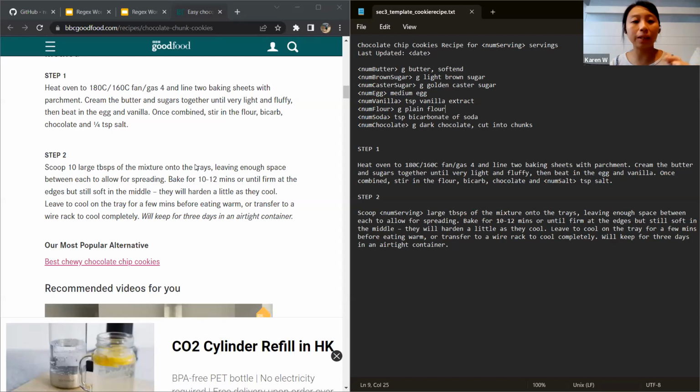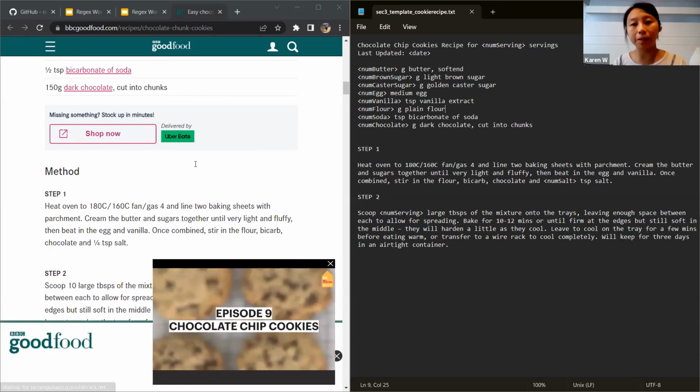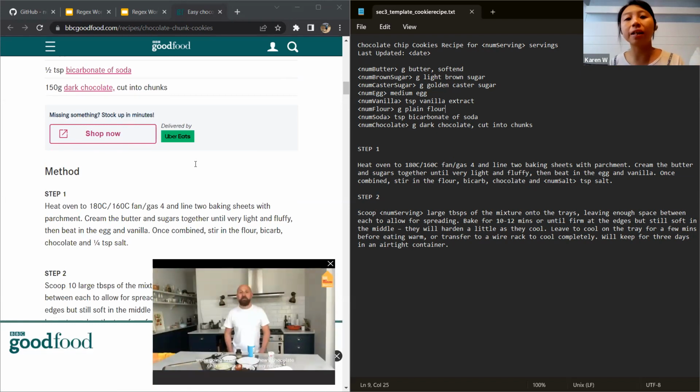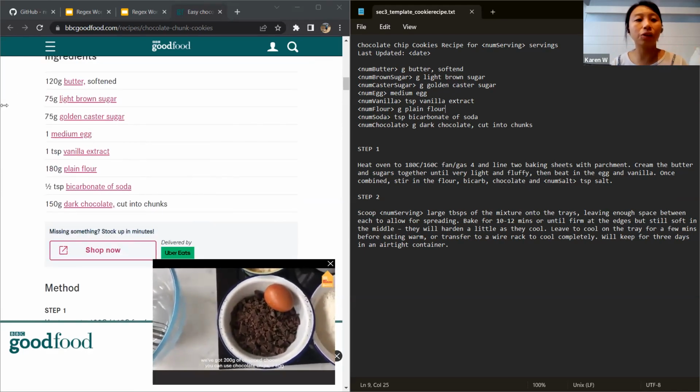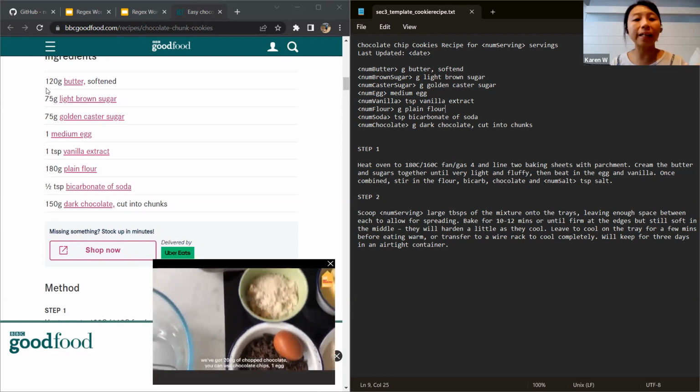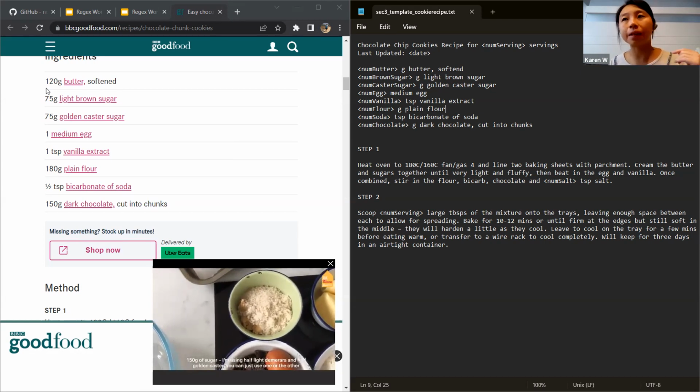But then what I did here, after I copied this, the first thing I thought was, okay, I'm creating this recipe so that I can change the numbers. Straightforward, right? So basically anything that needs to be changed constantly,